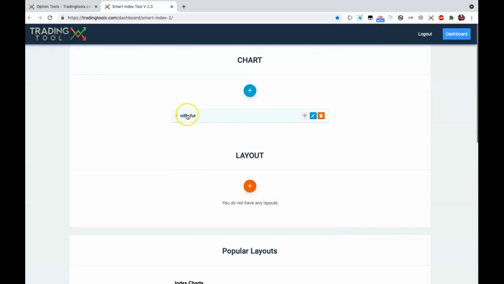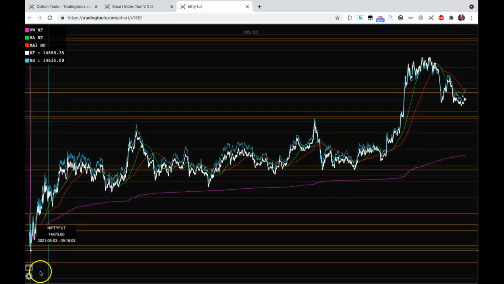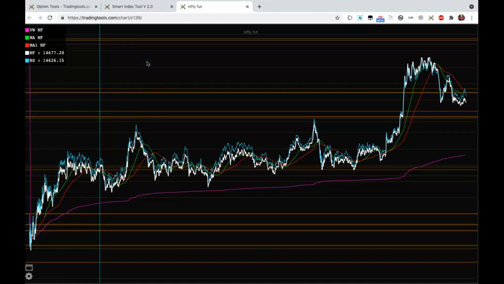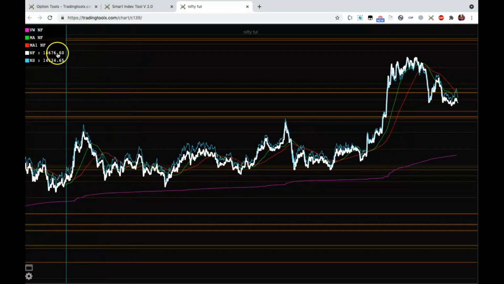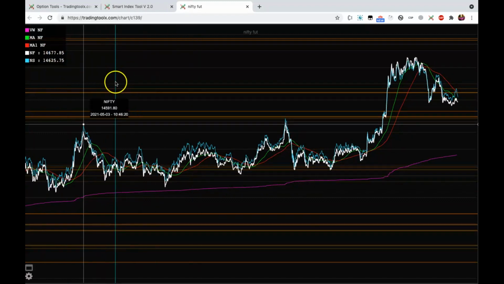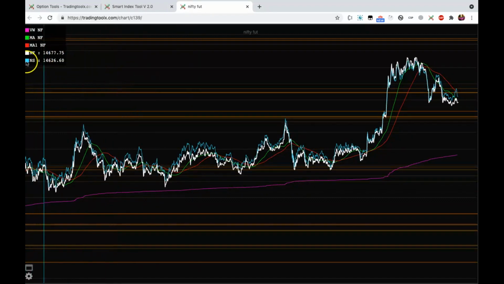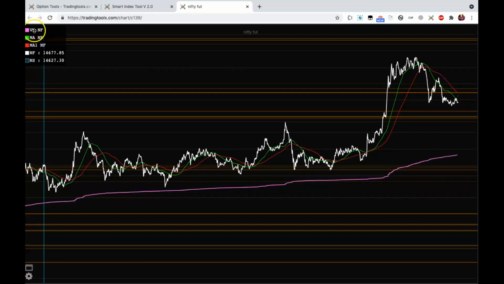Now to open this chart, click on here. Click on the name to open the chart in a new window. Now you can see the price is updated every second over here, and to disable any of the lines you can click on here. This one is the Nifty spot. If you click on it, it will hide. To show it again, you click it again. If you want to disable moving averages, you can disable and enable by clicking on this. This pink color is the VWAP, so you can hide and show here.